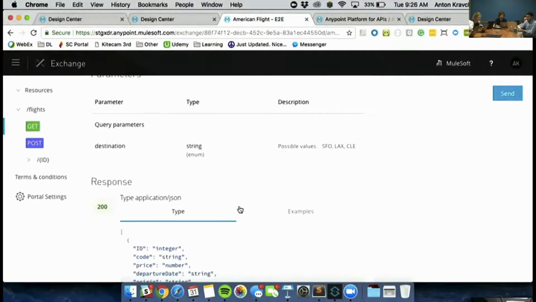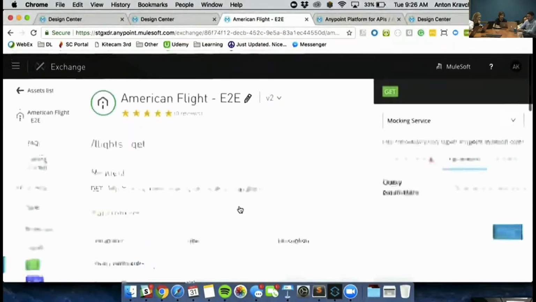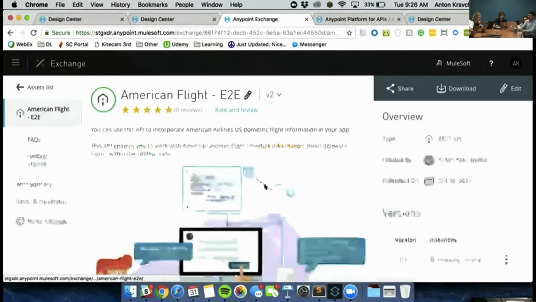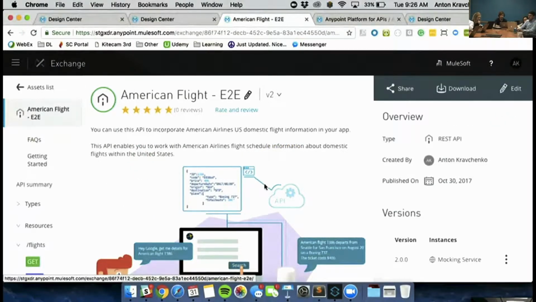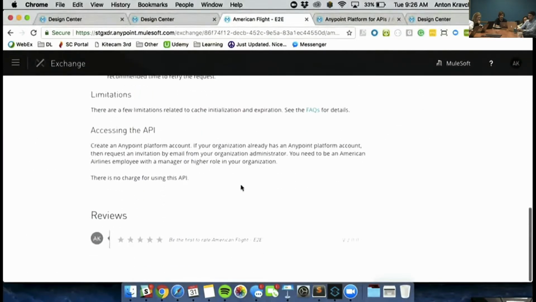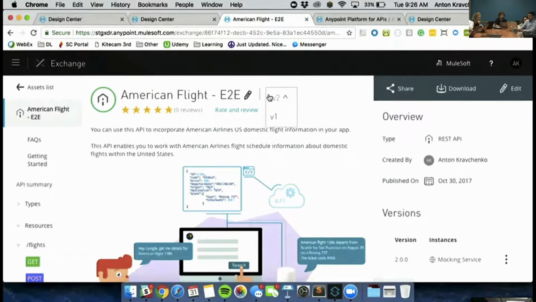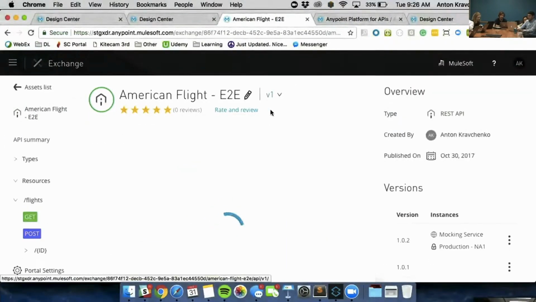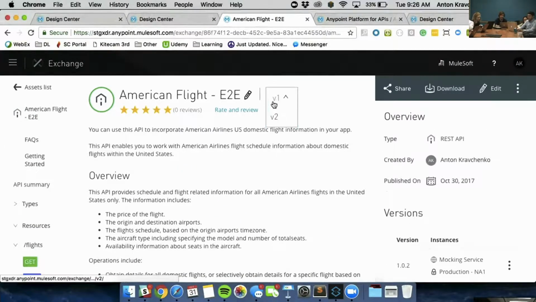Again, this is being pre-generated based on the spec. The other things that were not possible before, and that I wanted to highlight because it's really important to keep in mind, is first of all, for the very first time, we allow proper versioning in the API portals, and the versioning comes in two different flavors. So I have this V1 and V2 of the API, version 1 and version 2, which is API consumer-facing versioning, and there is also a versioning of